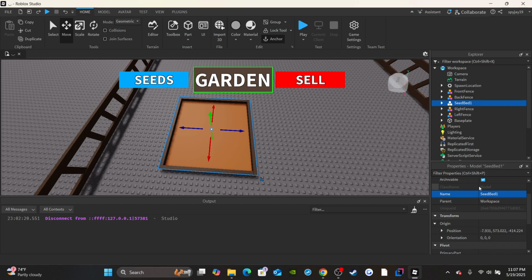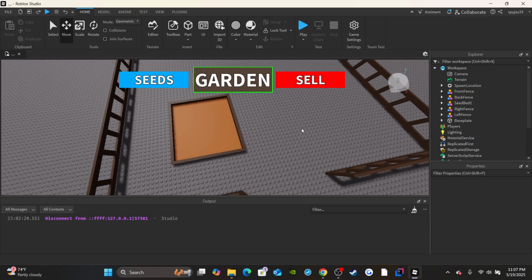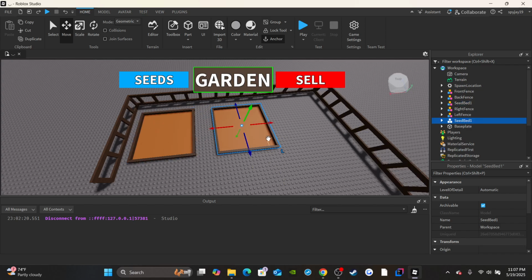So seedbed 1 for this, right? Make sure you have the actual seedbed part though. Number to seedbed or name seedbed, right? Then, right, you can just drag this into like the corner. Then now we just duplicate. So Control D, get over, Control D, and